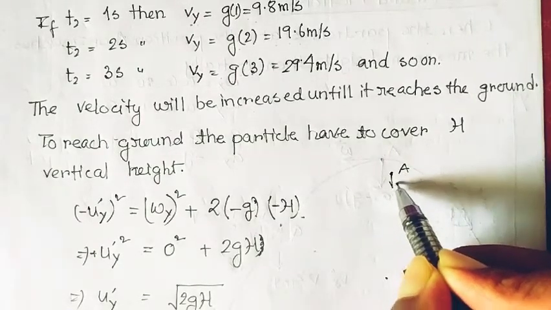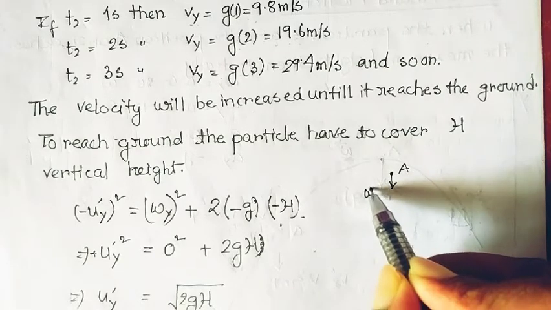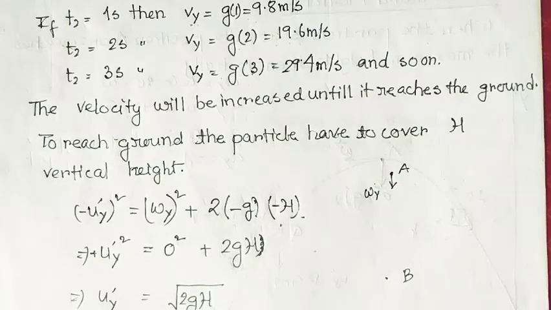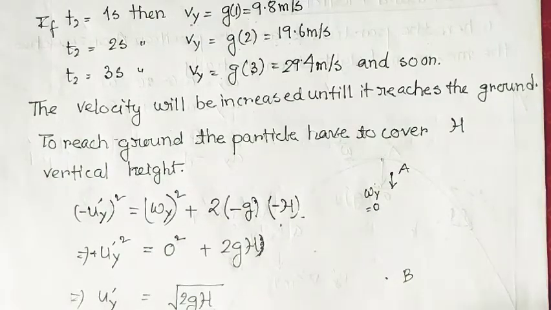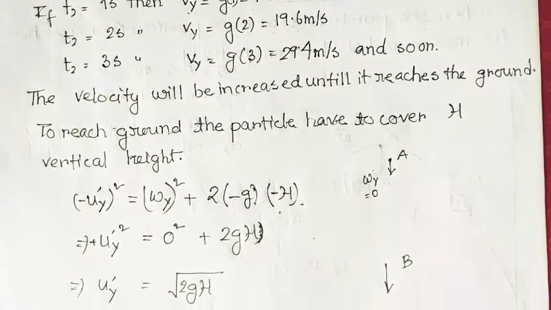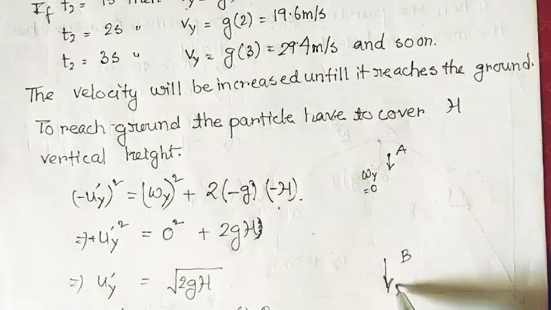At the capital A point, the velocity of the particle is w, and this is the y component of the velocity which is acting along the negative y direction. Numerically its value is 0. At the point B, the velocity of the particle is along the negative y direction and it is looking like this,